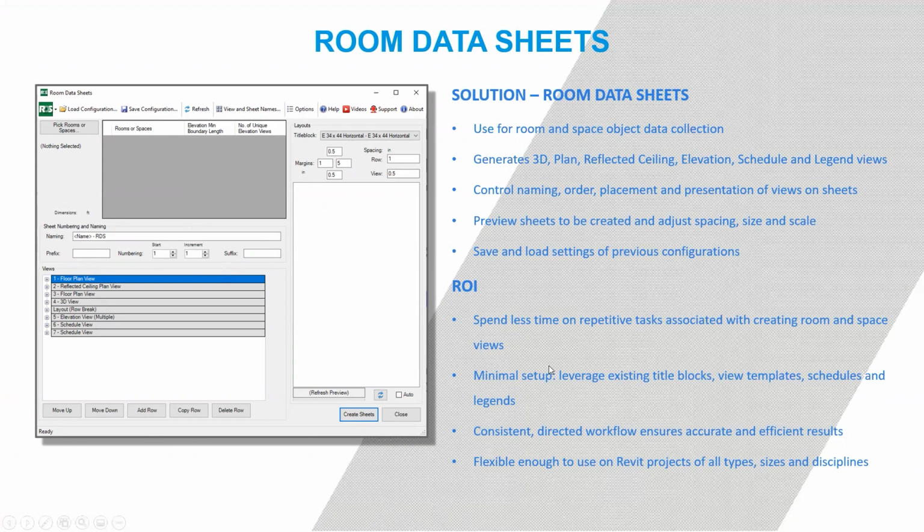All right, let's go ahead and get right in it then. Room data sheets. It's another fun tool to use because it allows you to very quickly generate sheets and views based off of a specific room that you select. This tool has been very helpful for a lot of our interior design consultants that we work with, as well as architect